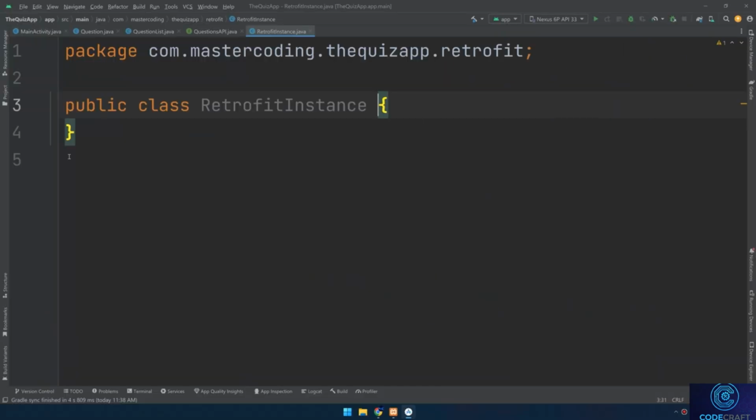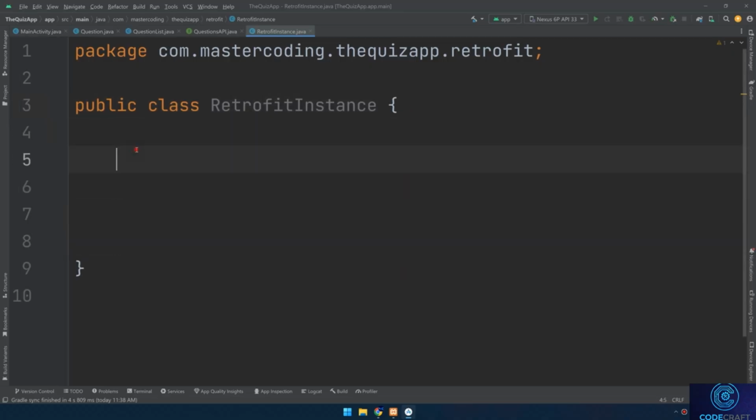This class is intended to create a Retrofit instance with a specific base URL and JSON converter factory. It's a common practice to create a separate class like this to encapsulate the configuration and creation of Retrofit instances in an Android application. I'll start by creating the String BASE_URL equal to http,